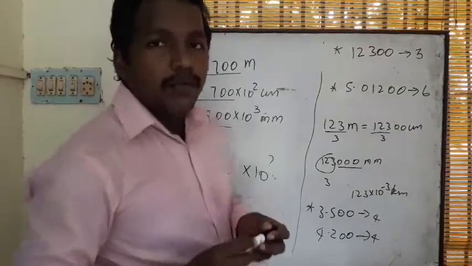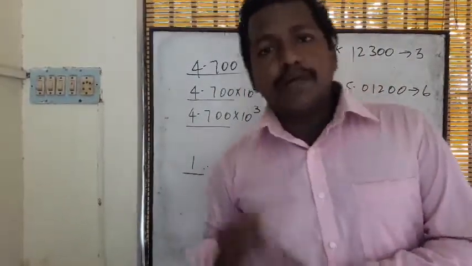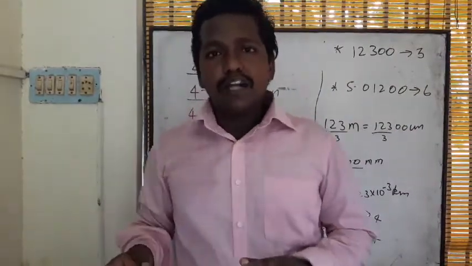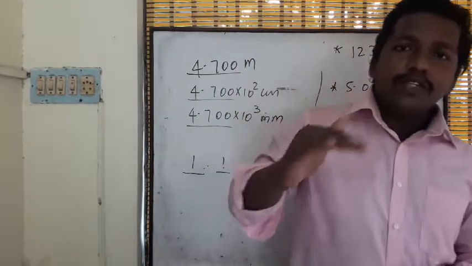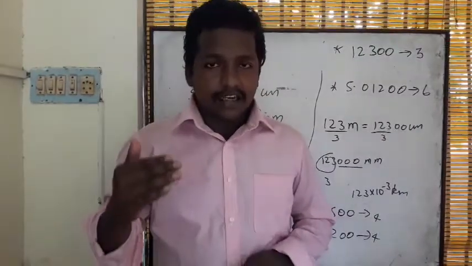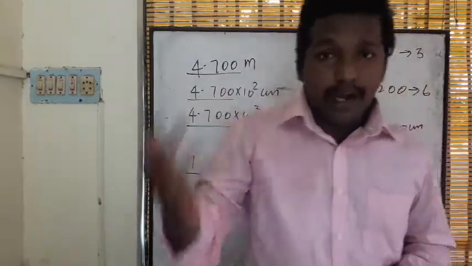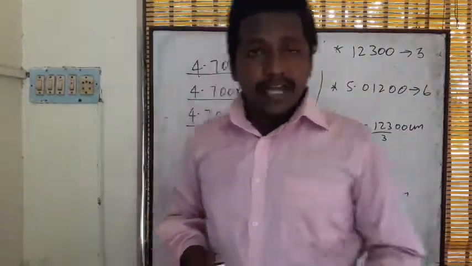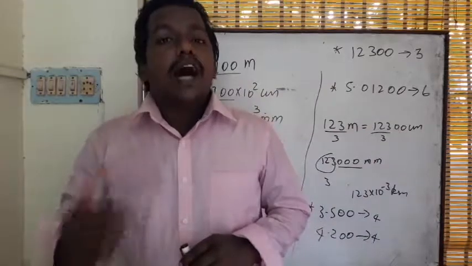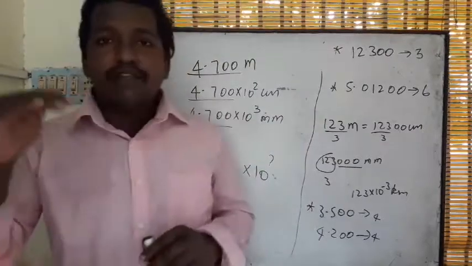Okay, again I will review what I said. All non-zeros are significant. The zeros between two non-zero numbers are significant. Another thing, when the value is less than 1, the zeros before and after the decimal are not significant. When the value is more than 1, everything we can consider as significant figures. When the value is greater than 1 without a decimal, like 1200, the trailing zeros we are not going to take as significant figures. When we convert from one unit to another unit, the significant figure is not going to be affected. Another point is the power of 10: that time also the significant figure is not going to be affected.